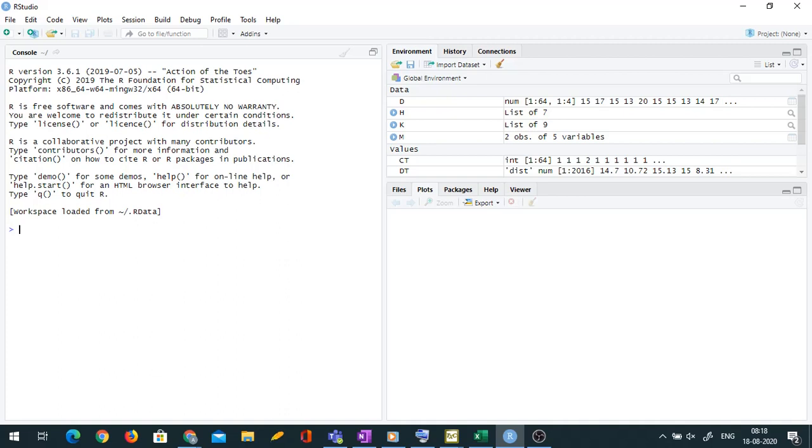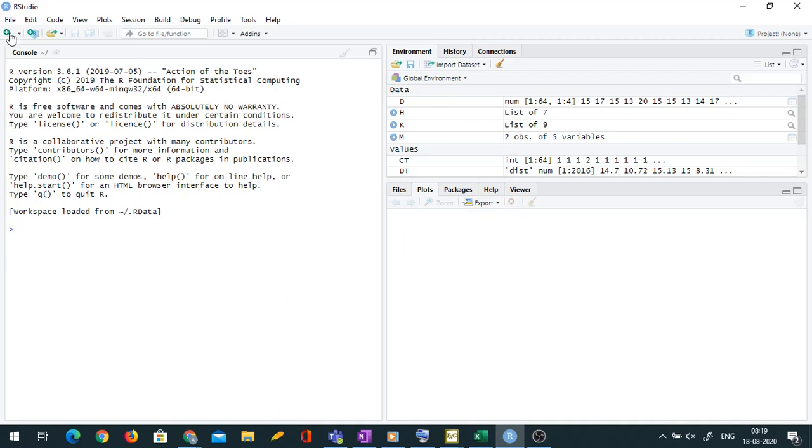Now, one small point, now that you are in the third semester, I don't mind if you use R Studio instead of plain R. So let us first get introduced to the R Studio window. When you open R Studio, you see three sub windows. So this is the main console. This is environment, history and connections, and this is file, plot, package, help, viewer tab.